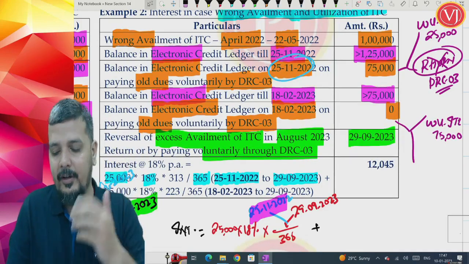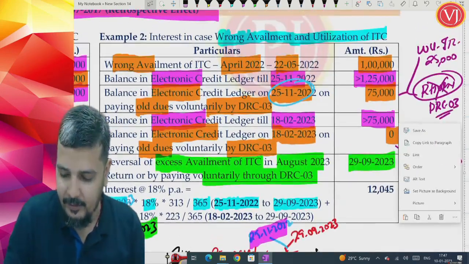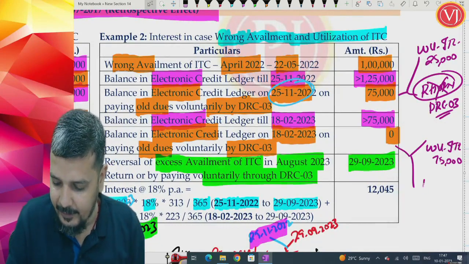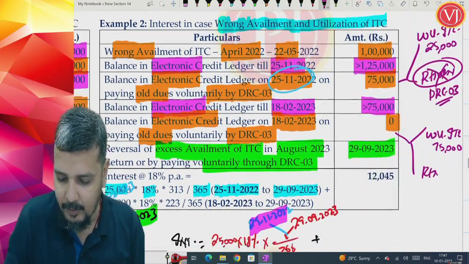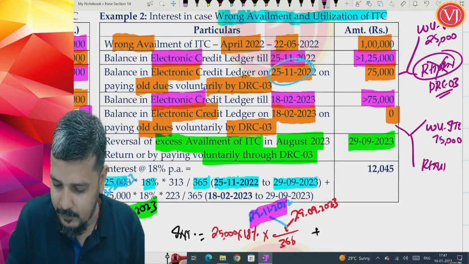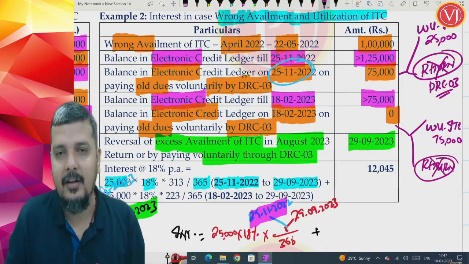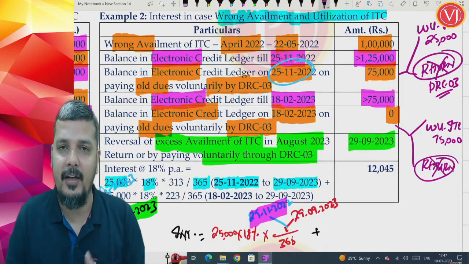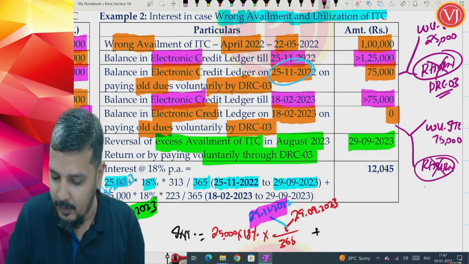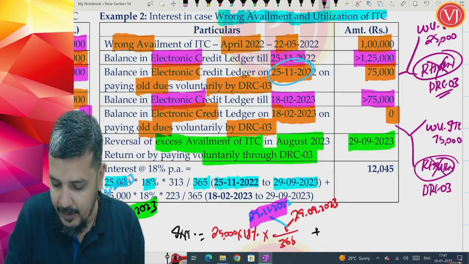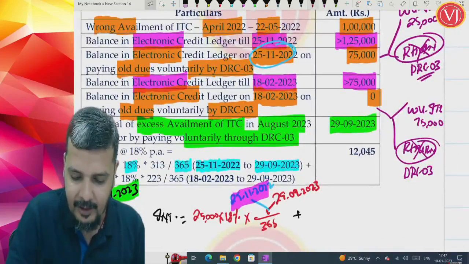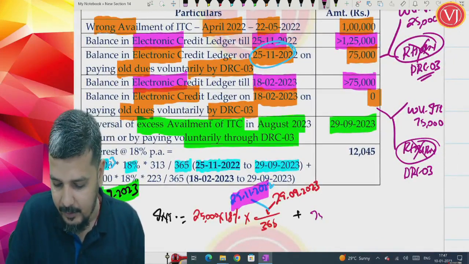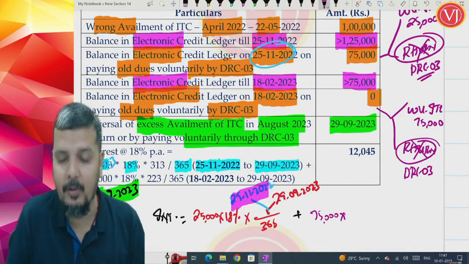25,000 is already wrongly utilized, now it is balance 75,000, and again this amount, my ITC amount is reducing not because of filing a particular return, it is reducing because of paying the old dues by DRC03 challan. So the second part of interest would be taking that 75,000, which is now wrong utilization